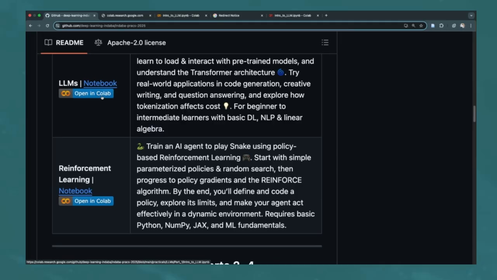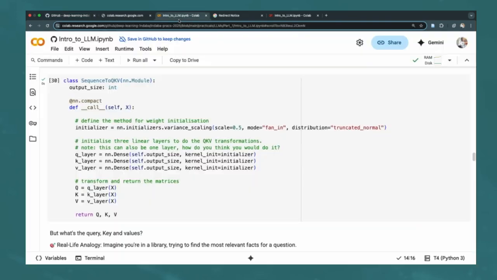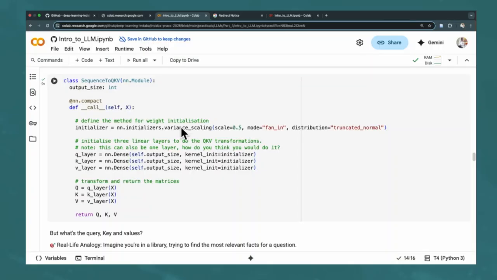Okay, we just need to go quickly. So basically here we calculate the sequence to query, key, and value matrices. All you have to do is initialize the variance scaling of the different